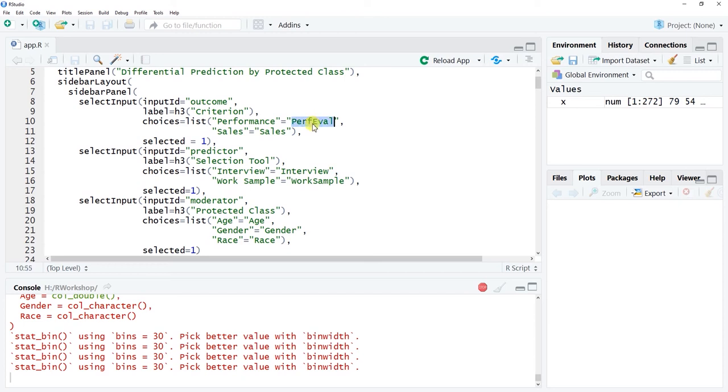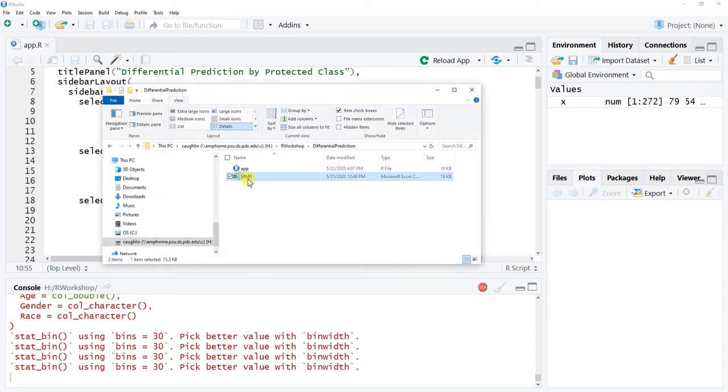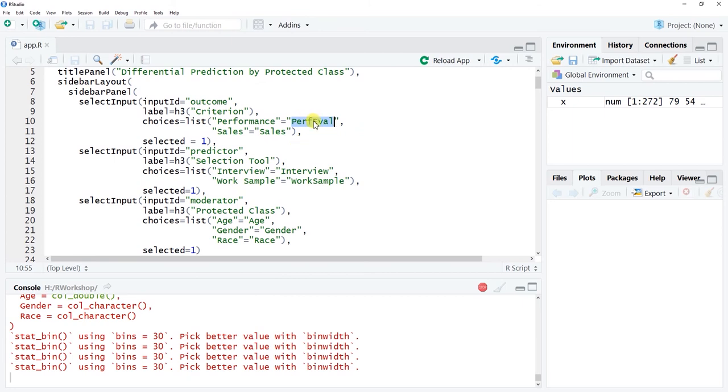Later on in our server logic, we're going to be referencing this file called MMR, all capitalized. And within that, there's a perf eval variable, and it corresponds to performance levels. And then sales corresponds to a variable called sales with a capital S as well in that data